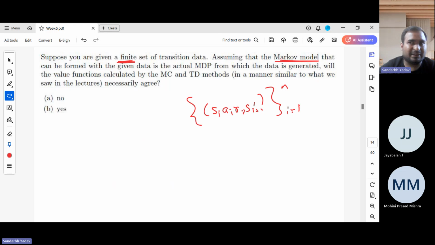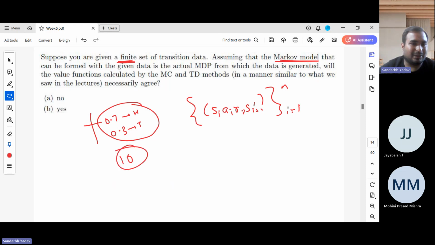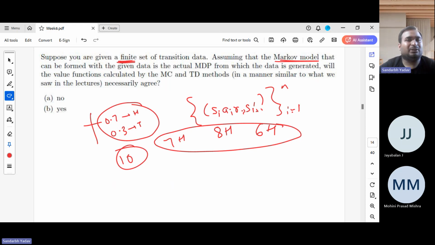And this we saw in the bandits case also. In bandits, suppose the true distribution of a coin was 0.7 probability of getting head, and with 0.3 it was getting tail. But when we were sampling, it wasn't that every time, if we sample 10 times, we get 7 heads. Sometimes we were getting 8 heads or even 6 heads, and in this way that model might not be actually equal, but here they have given us the fact that it is actually equal.